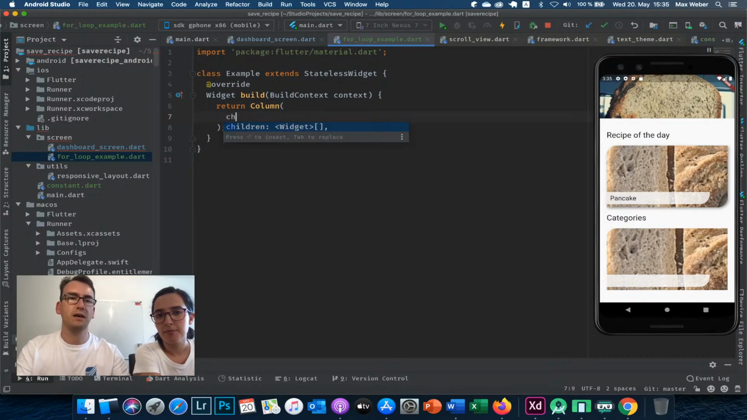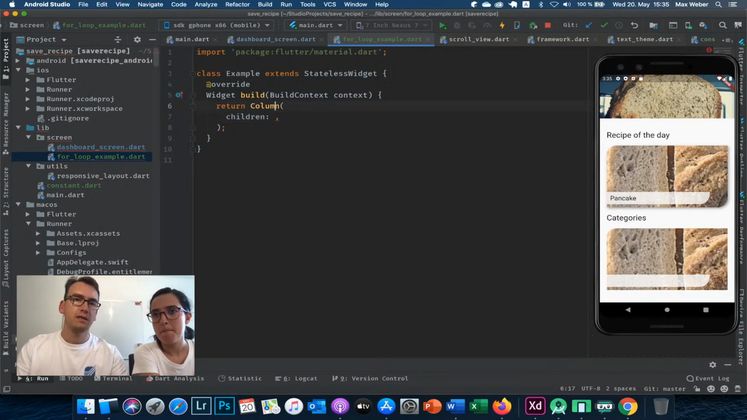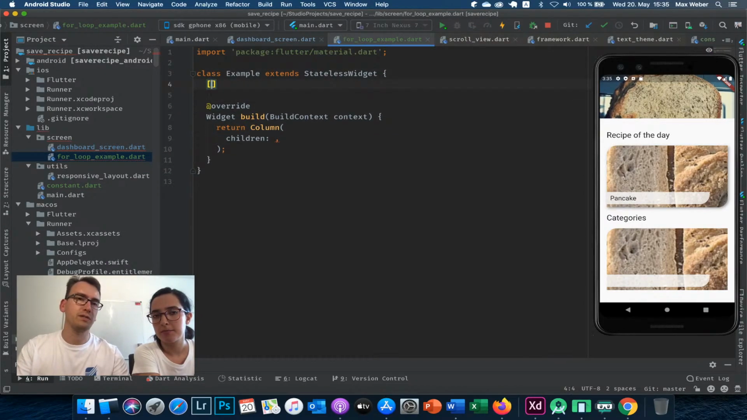So this column contains children, and this has a list of widgets, right? So let's assume we have a list of strings, for example, first, second, and so on. And he wants to make a for loop. Yeah, so what we can do is